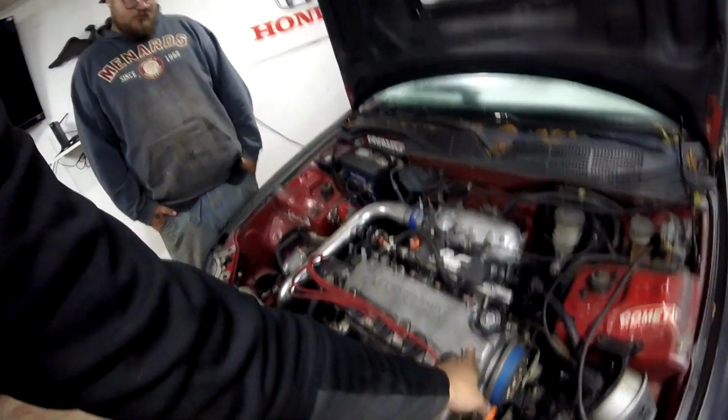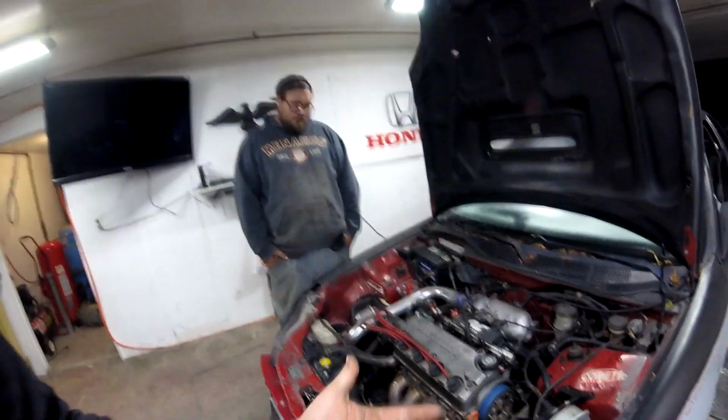And then the cylinder head has cam and dual valve springs and retainers. Brian Crower, I believe. And I don't know exactly what cam is in it. It has adjustable cam gear. And yeah, so like all the head stuff is super nice. ARP head studs. And then the bottom end of this motor, from what I've been told, it is a sleeved